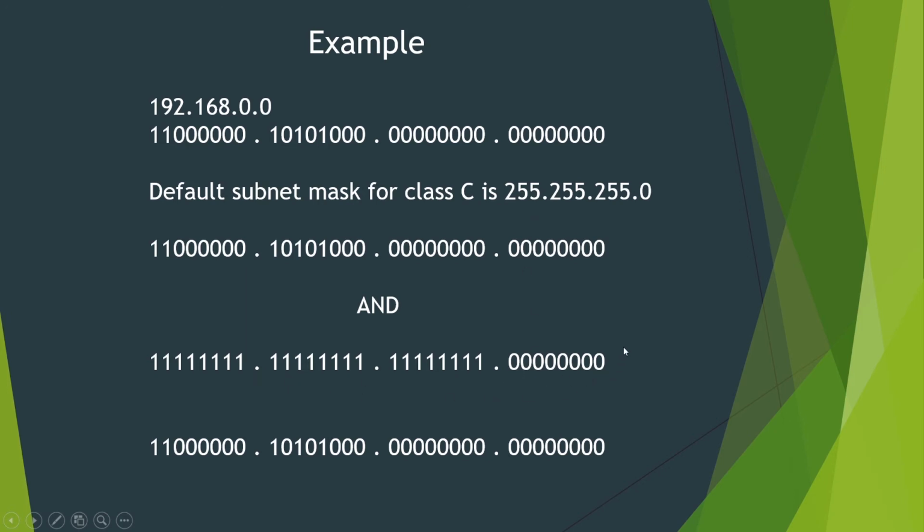The zero spots indicate the host addresses. So from the last octet you can change bits to get a host address. If I change the last bit to 1, I get 192.168.0.1. If I change this bit to 1, I get 192.168.0.2. If I change all these bits, I can generate that many host addresses, and I can assign those addresses to my computer or laptop or any other smartphone.